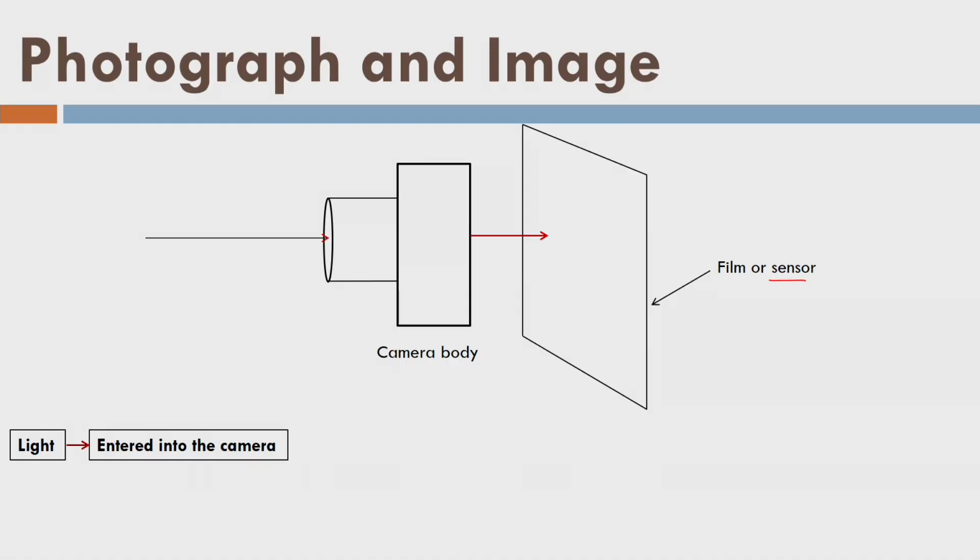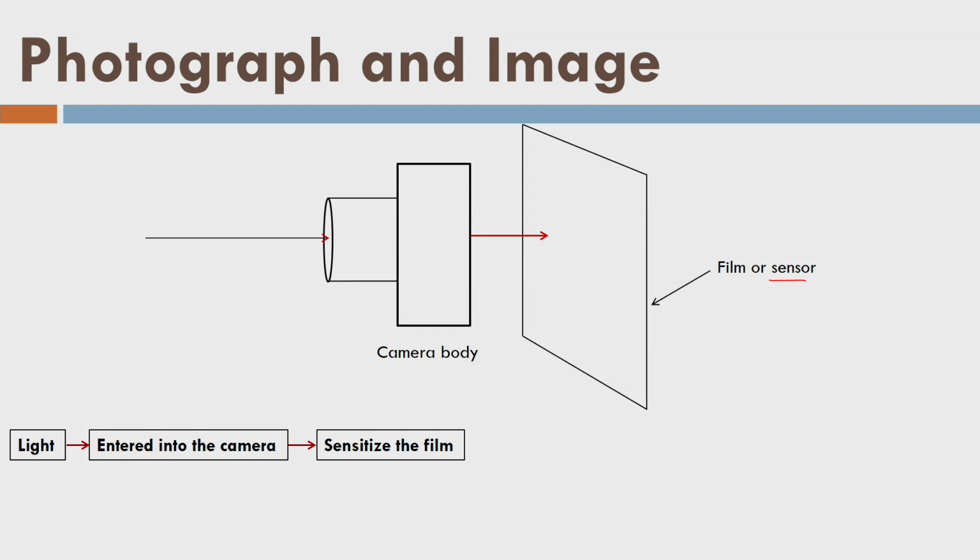Secondly, we have sensors these days, what we call digital sensors. So both are different things. Now, in the perspective of these two things, film and sensor, we are defining the terms photograph and image. So let us see again. This light will sensitize the film. Right now I am assuming that there is one film here, there is no sensor. Let us assume that there is a film only.